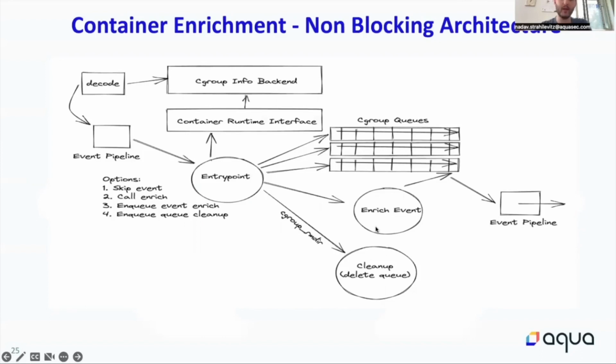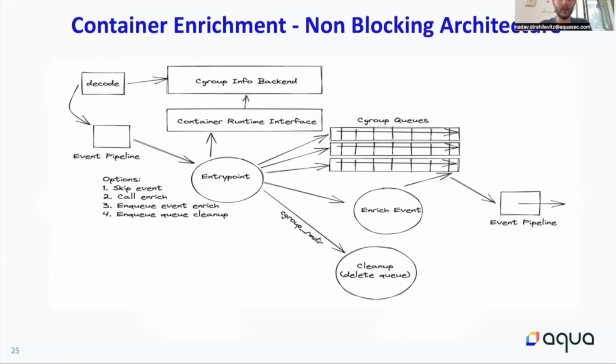And 3, we range over cgroup cleanup checks. This checks if the relevant cgroup queue is clean, its length is 0, and if it is, we clean up all relevant resources. Otherwise, we reschedule the cleanup. This currently works well under a regular workload and can handle the stress of many new containers without blocking the pipeline. However, in cases where the container runtime interface is overworked, it will skip enrichment, but it will not block